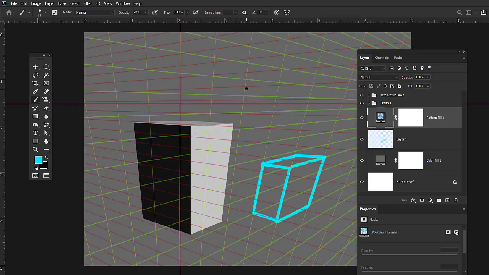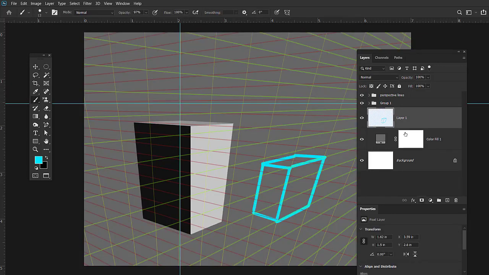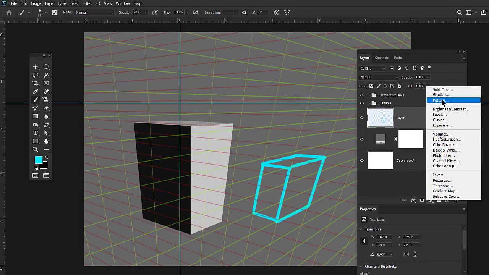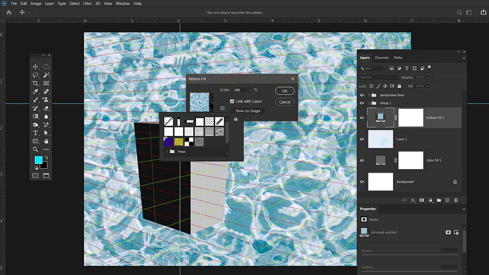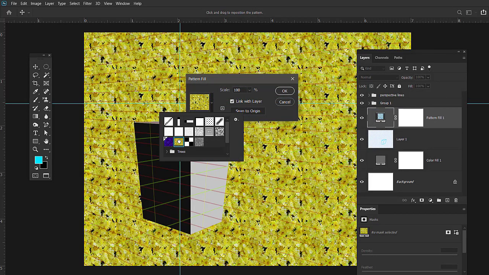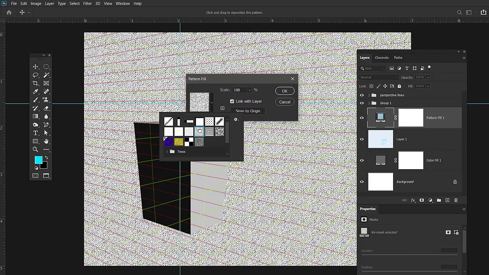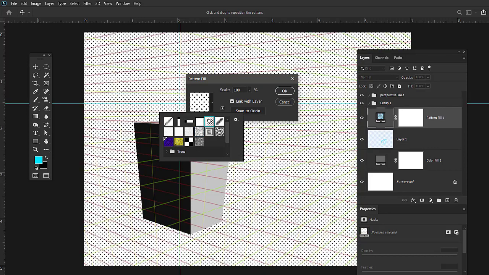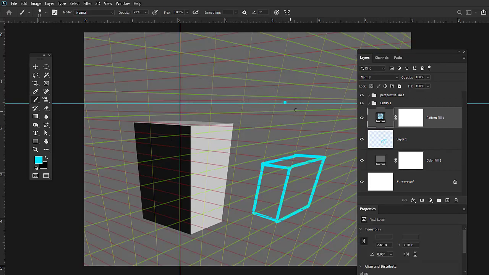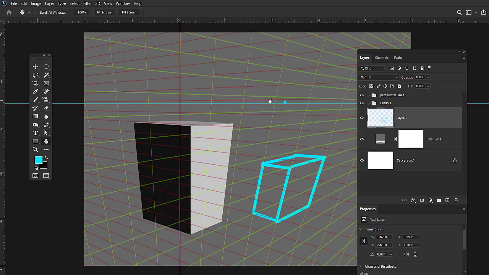So let's go get that again. Pattern. I have a variety of patterns here. I can set different options for this, or I can make my own. Well, let's go make my own. Let's cancel this out for the time being. Let's go to Bridge, and in my favorites,